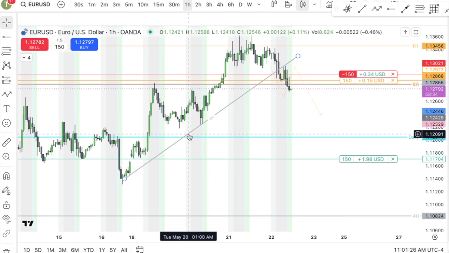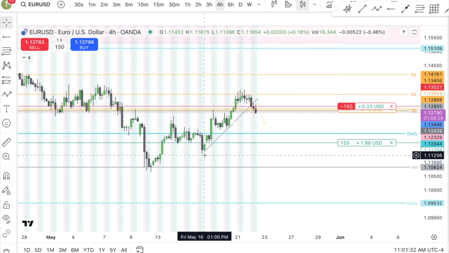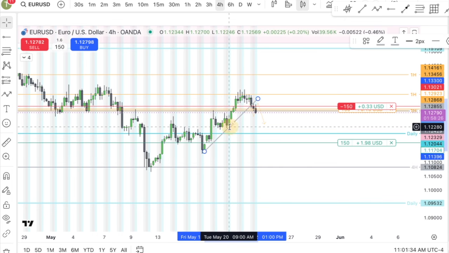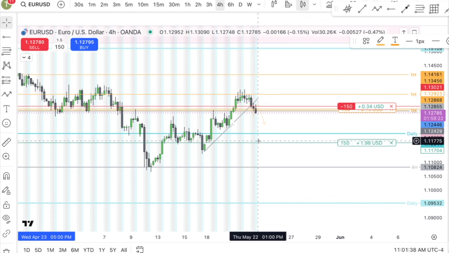And I have a gray line here because actually this trend line was also formed on our 4 hour chart. So you can see here that we had 1, 2, and then 3 touches. Okay. And if we take a look at our 15-minute time frame,